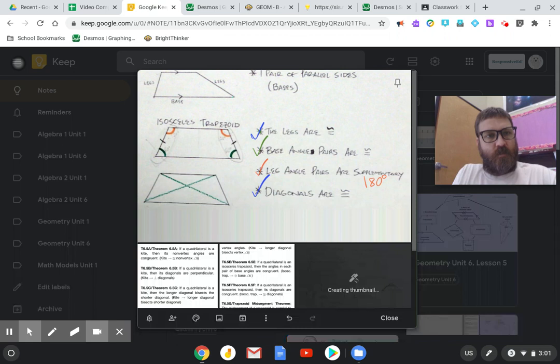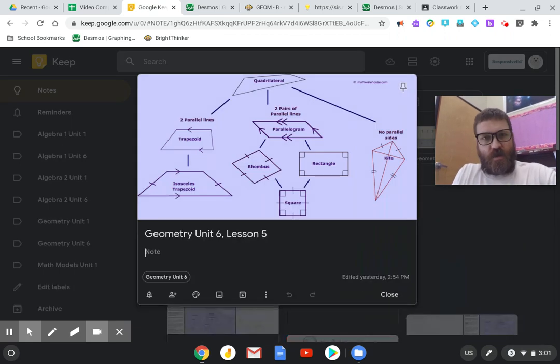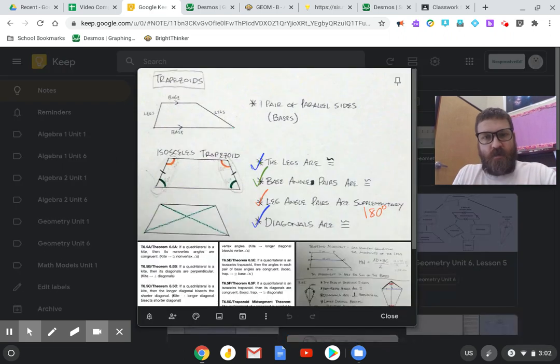So just to jump back really briefly, if we look at our family tree, we see that we have our parallelograms in the middle, which we've covered in the first few lessons here. Then we just talked about trapezoids and isosceles trapezoids. And now we're talking about kites. So kites are yet another branch of this family, and they have no parallel sides. More than that, they do have one special thing about them that we need to be aware of,